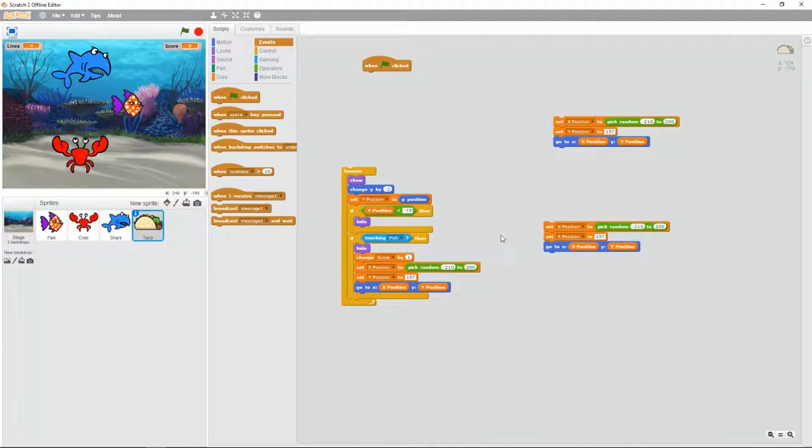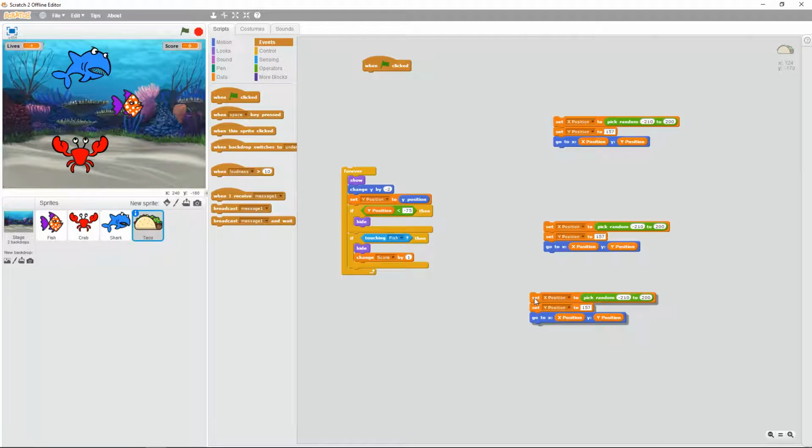So what I'm going to do is take these 3 blocks of code out and replace them with this thing called a broadcast message. Now I've already set one up, but you need to set one up by dragging this broadcast, clicking the little drop down arrow, clicking new message, and I'm going to call this position taco